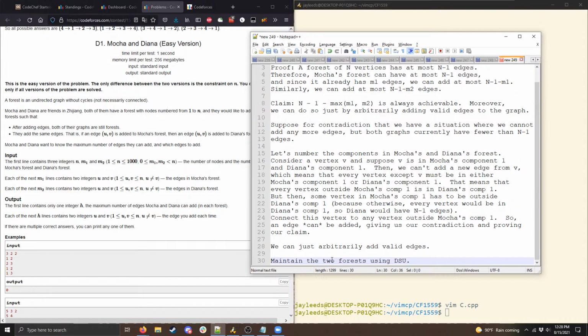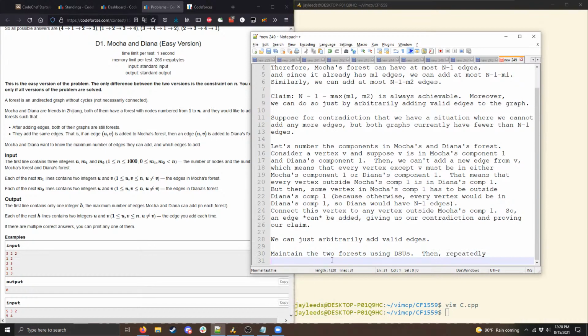I think there are some good articles about it on cpalgorithms.com. DSU is pretty critical for any problem where we're looking at connected components. So we're going to maintain the two forests using two DSUs, then repeatedly find